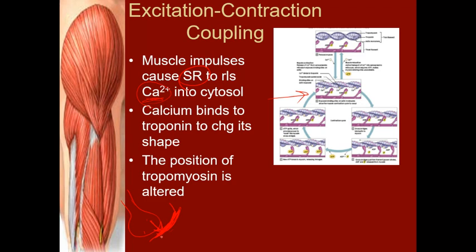As the little channels open up, sodium flows in, and we're going to have a generation of an impulse. That sodium and potassium interacting right in here, that little impulse in that muscle fiber,